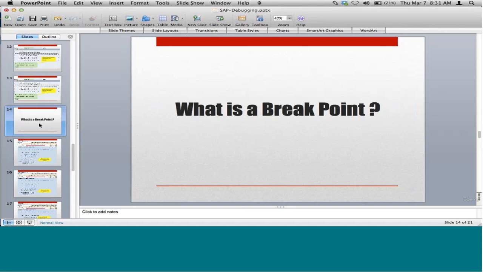What is a bug? A bug is a problem in a code. That's called a bug. What is debug? Debug is to remove the bug or find out where the bug is. So debugging is the process of removing the bug in the program, and in order to remove the bug, you have to find out where exactly the bug is,